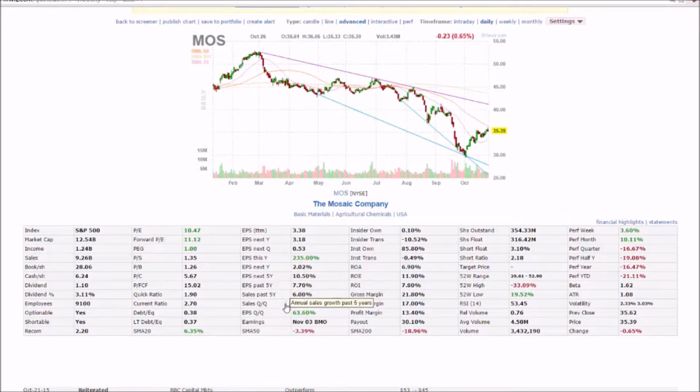So what else can we have a look at here? Earnings per share growth is 63% quarter to quarter. It's pretty impressive. Probably they had some troubles in the past and now they're recovering. Short float is 3%, pretty low. And the range was from 29 to 52. Here it was at the $29 level recently.